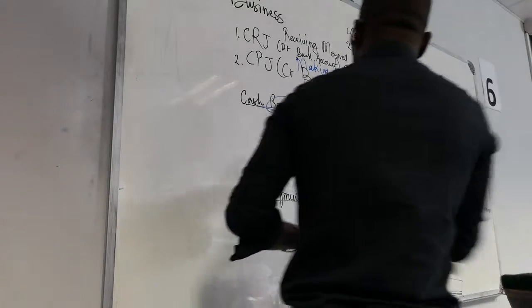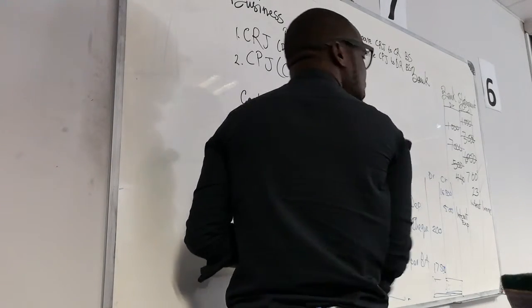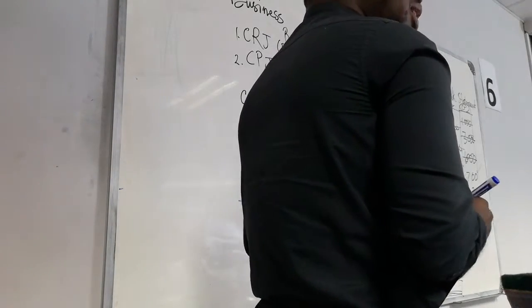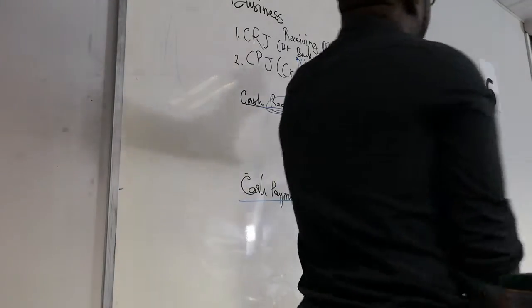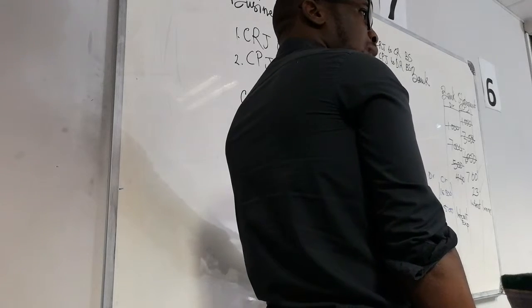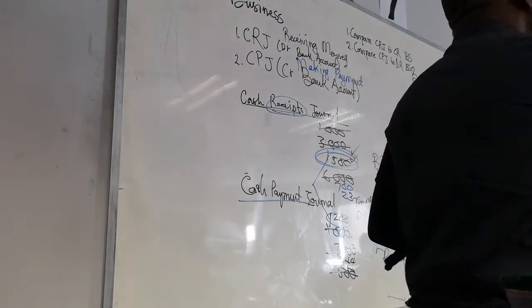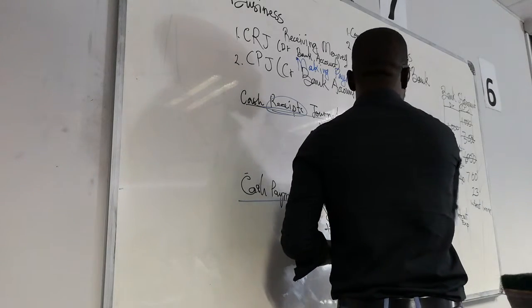We will go and say in CRJ, what is the 700? We will record the 700 in CRJ. We will record the 23 in CRJ. If there's an amount in payments that is not on the debit side, we will also record it. Are we together? We call them adjusting differences. Why adjusting differences? Because, by the way, this is number 4.